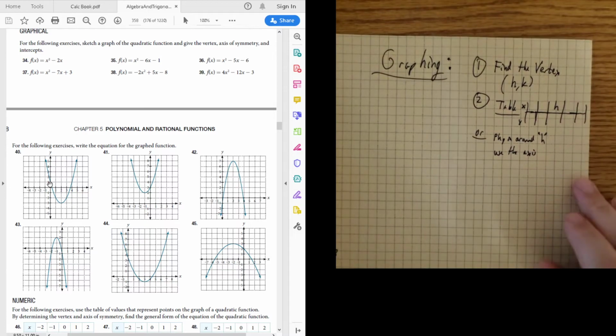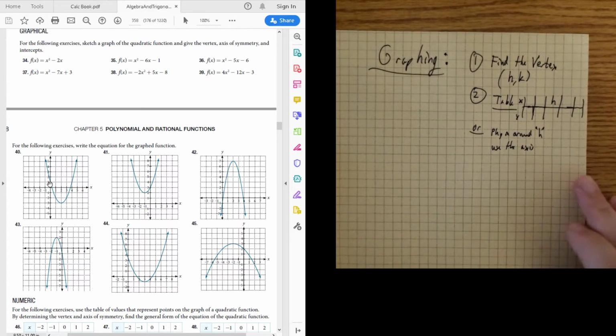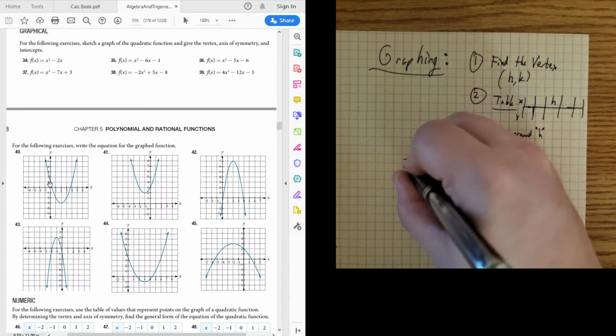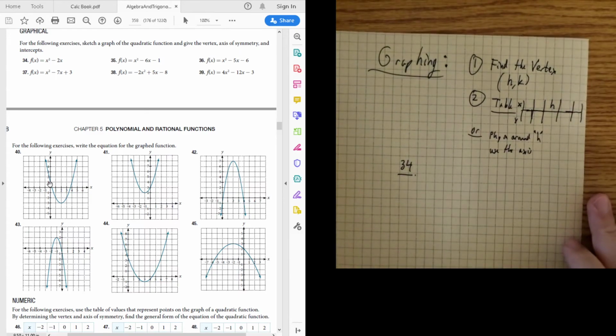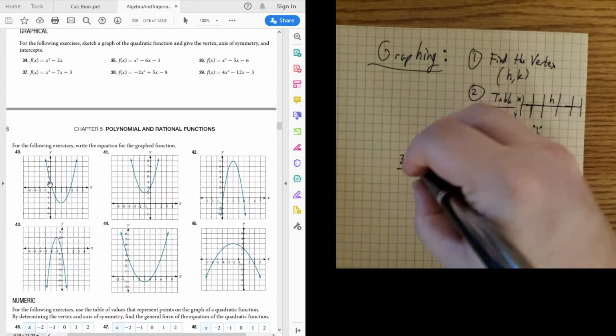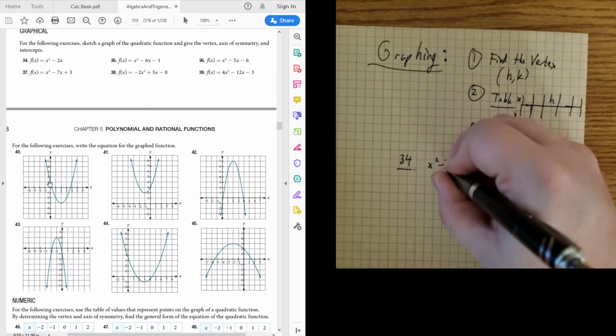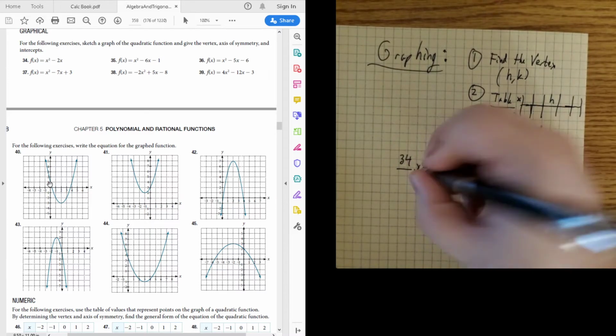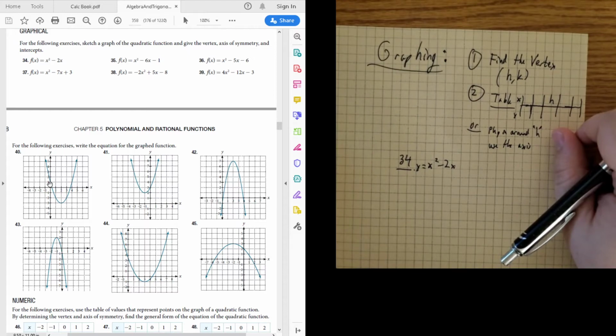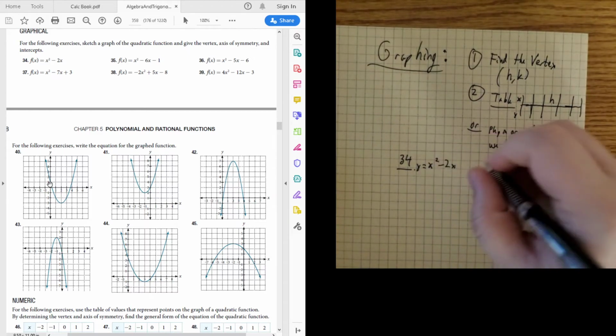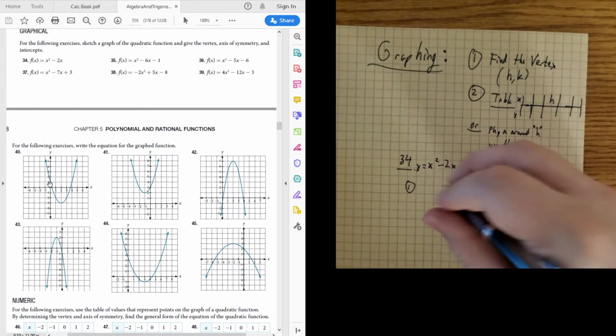We've done this once before a little while ago, so let's talk about number 34. How do I graph number 34? The equation is x squared minus 2x. How do we graph this thing? Well, let's graph it by first step, find the vertex. The vertex,